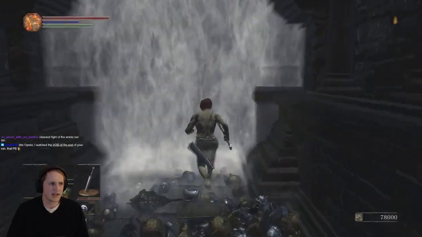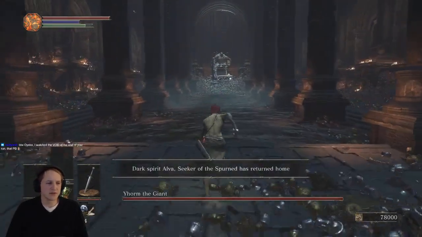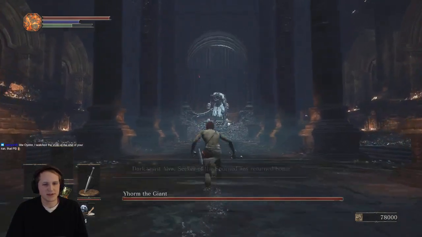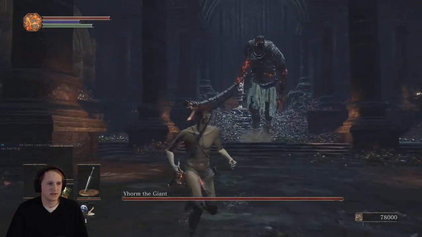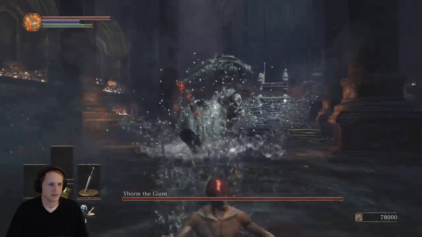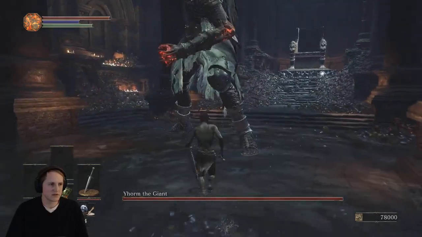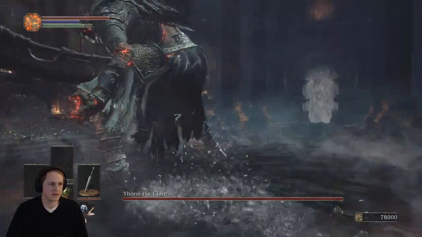Alright, we're gonna put the dagger on for the riposte. This is gonna be a long fight without Storm Ruler, so buckle up. Cleanest fight of the whole run? Yeah, probably. Just because it's so succinct. What am I doing? I need to get... We're gonna...